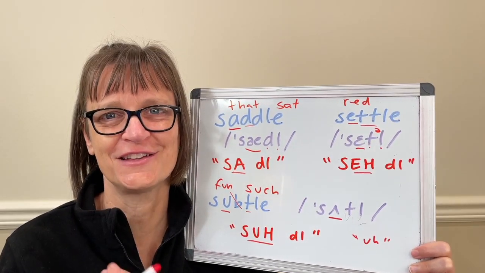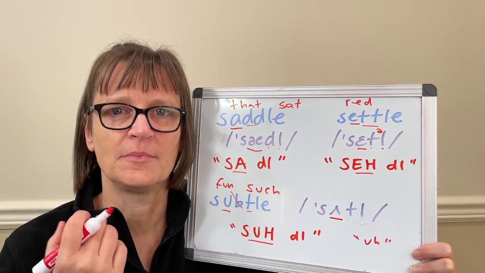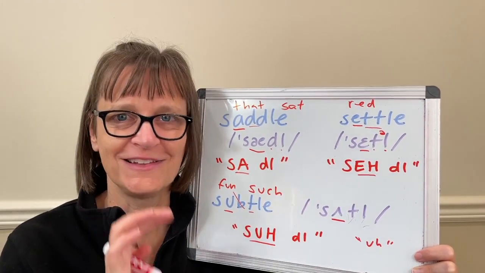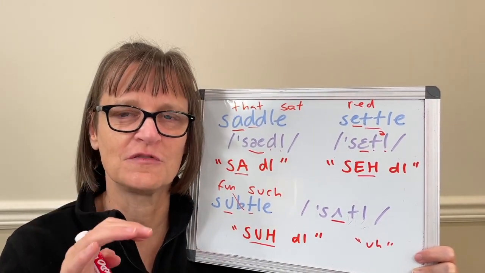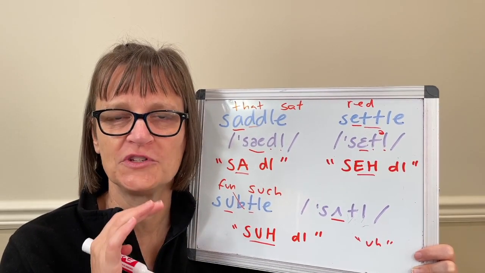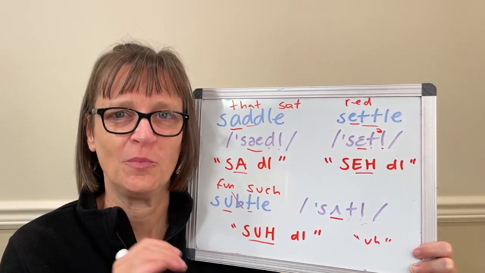Particularly because in connected speech, if I'm saying settle a bet or subtle influence, I'm going to link that L and it'll transition from a dark L to a light L as I link to the next word. So it's very helpful to be able to feel that tongue connection, and that will help you to get a